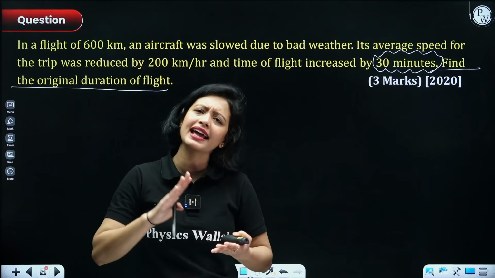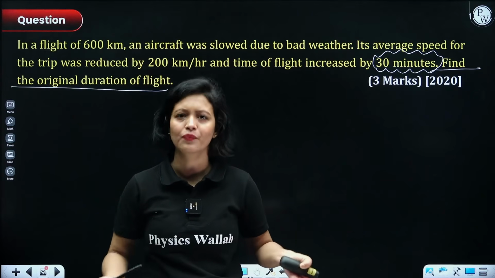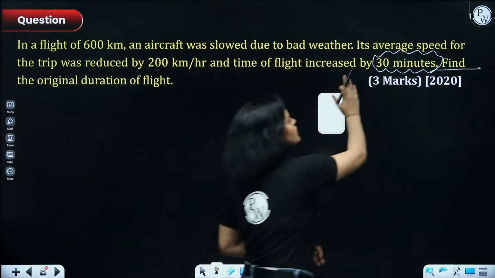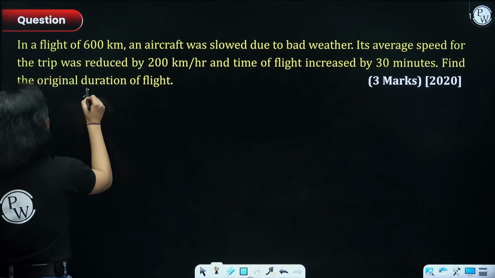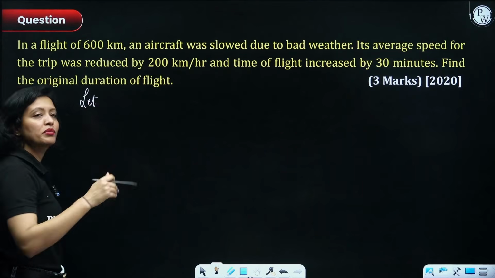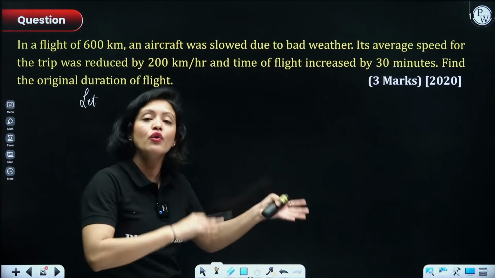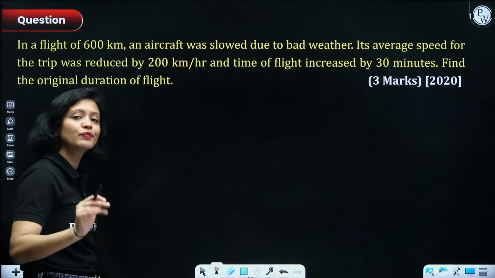And after I get the speed, I can obviously get the original time of the entire flight. Okay? So why am I taking speed as x, guys? Because that is something we have done in train wala problem, and in a lot of problems you would have done just that. So take the speed as x and start from there. Do something that you already know.